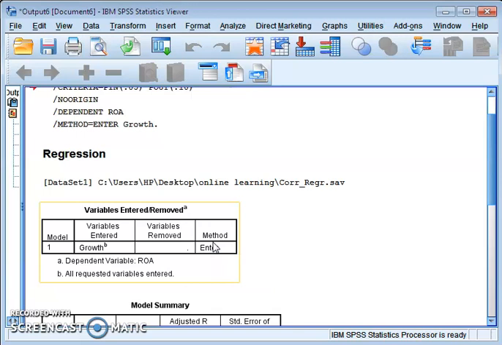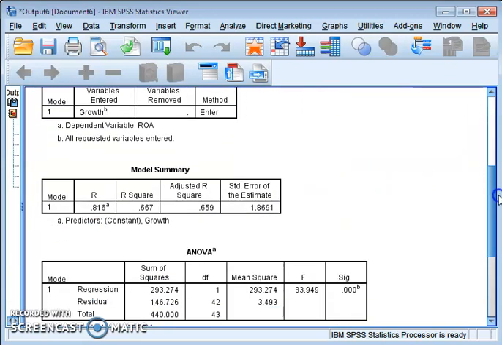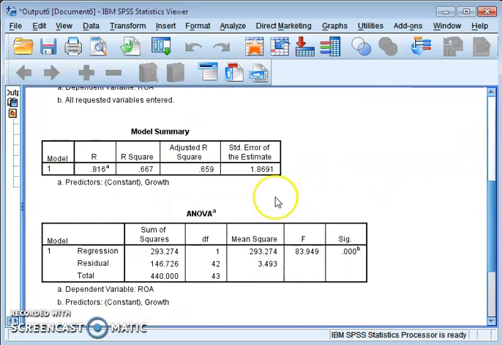You need not write the interpretation of this table because we already know that the dependent variable is ROA and the independent variable is growth. Now, from the second table onward, these tables are important. The first most important table is your model summary table.